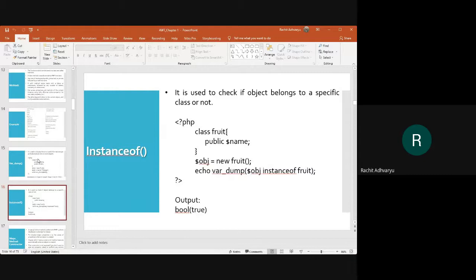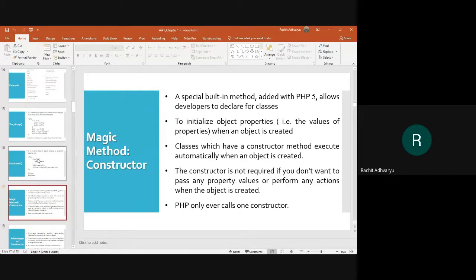Then come the magic methods, constructors. We already discussed that constructors can be used directly to set up the reading of the data rather than creating a function for it. We directly initialize the values for all the properties of a class by using constructors. We do not create any method to read the value or to get the input of particular values.